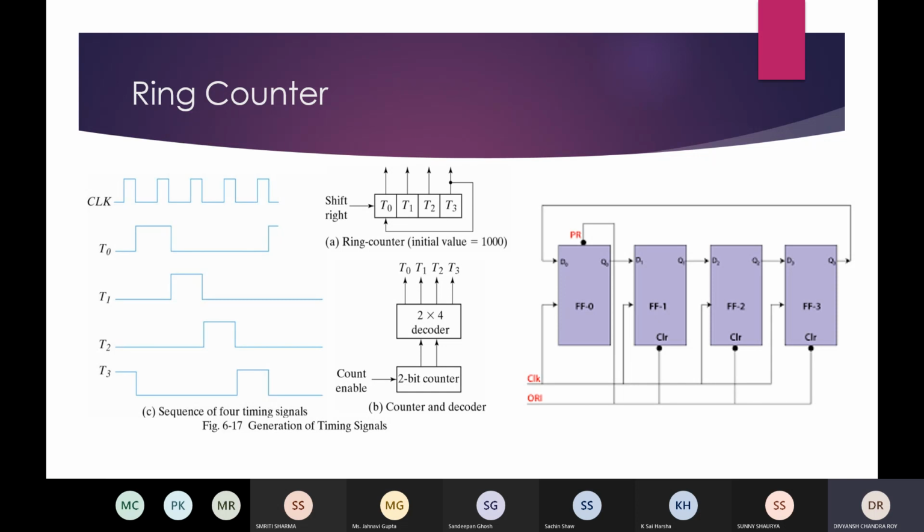So here you can see this is the circuit of the 4-bit ring counter. The design is simple: you have to connect all the 4 D flip-flops in series, and the output of the fourth flip-flop goes to the input of the first flip-flop. If you see carefully, all these 4 flip-flops are connected in series, and the output of the last flip-flop is the input to the first flip-flop. So we will get this kind of pattern,